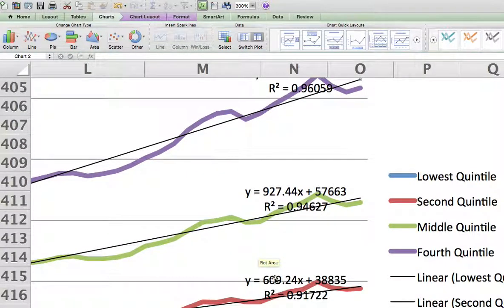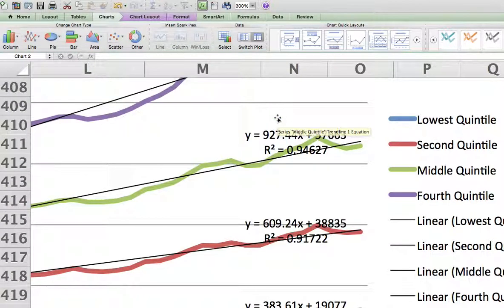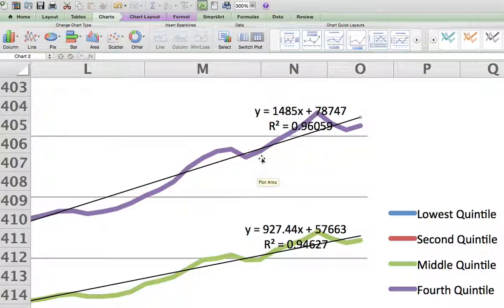So we see the bottom group had been increasing by $383 and some per year on average for the last 30 years. The people from 20 to 30 at 609. The people from 30 to 40 rose at 927, and then the top group rose at